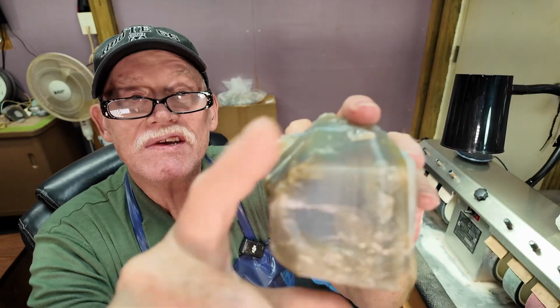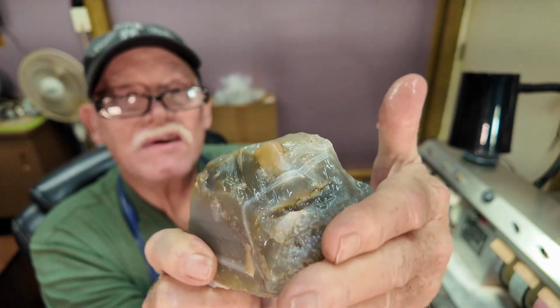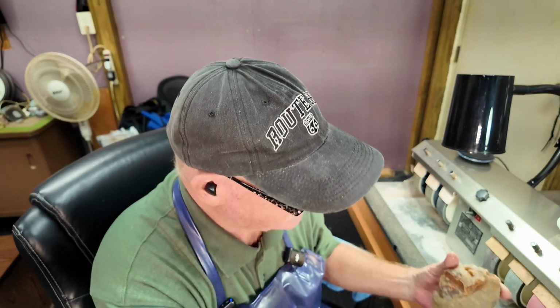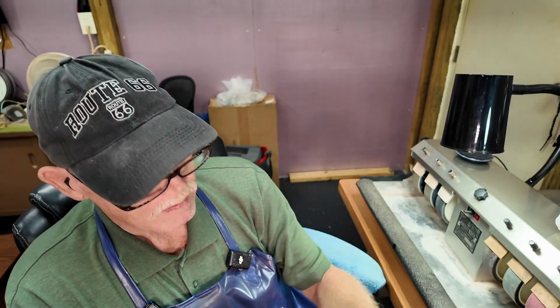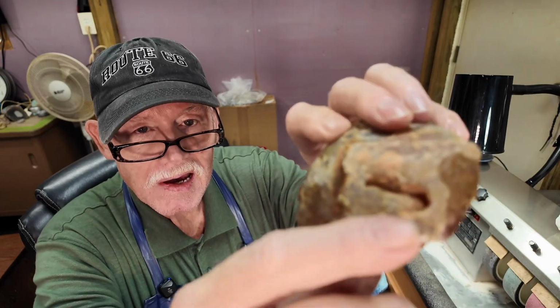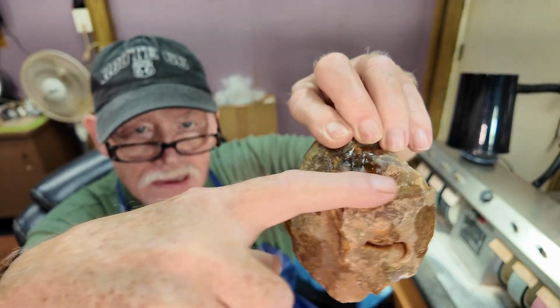And I'm going to load it on this thinner end like this, and cut off this end, start on this end, and cutting it flat and making cabs that way. This one here, I'm not sure. It's got such a strange shape. I'm not sure what I'm going to be able to do to it, but I know I'm going to load it in. I think I may be able to load it in on this end. If not, I'll load it in on this end, but I'm going to cut it across this way like this,